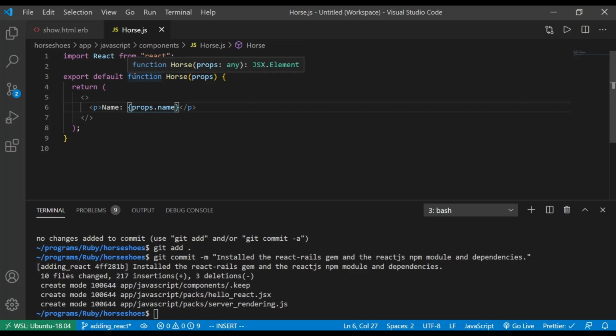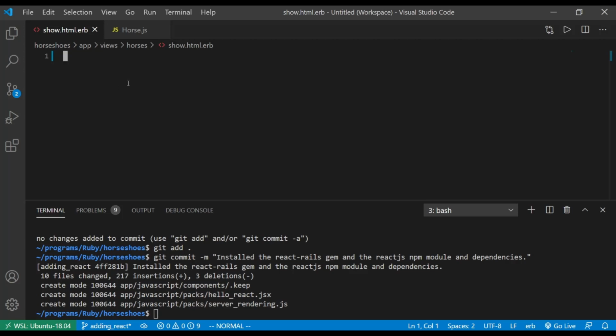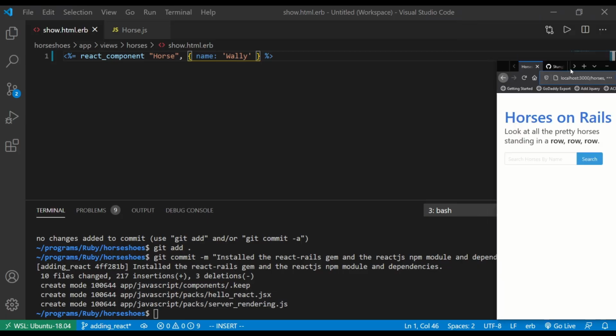With that in place, I can show you what it would be to actually render this inside of a view. To render this inside of a view, I have a little helper that came with that React Rails gem. The helper is called react_component. That's the name of the helper. Then I mention the component that I want to render, and then the props that I want to pass in. In this case, I was expecting a name, and I'm just going to hard code in Wally as the value. And if I just go back over here,